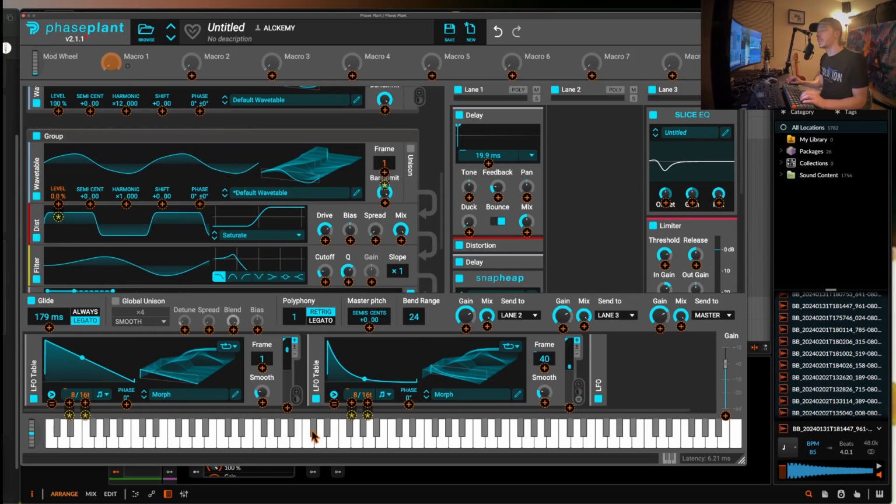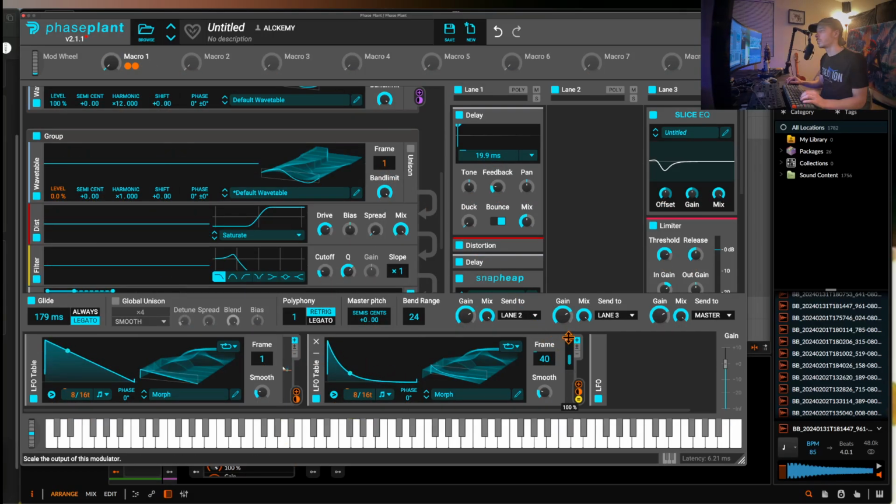And now I'm going to take this macro and change both of these to this. So now this is off, and whenever I turn it on,